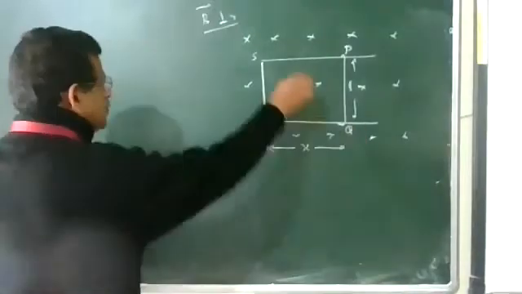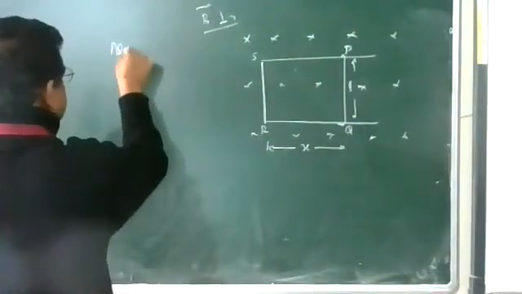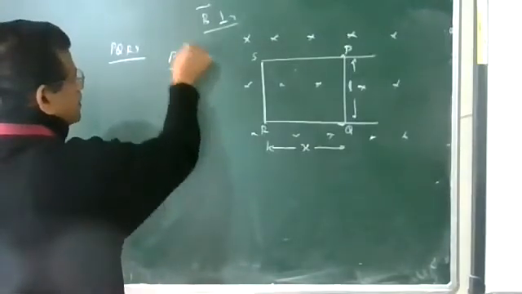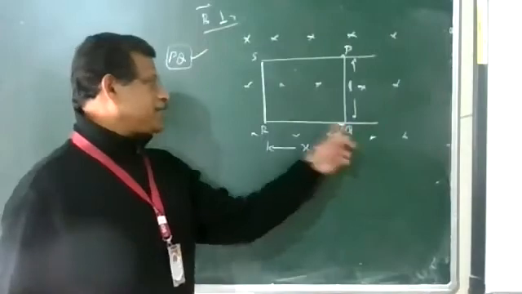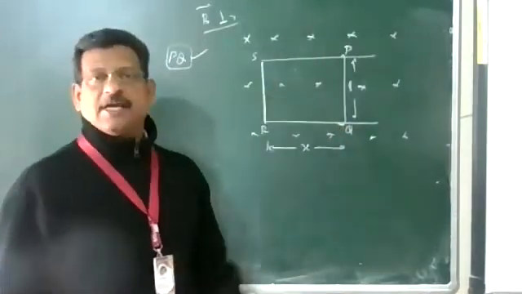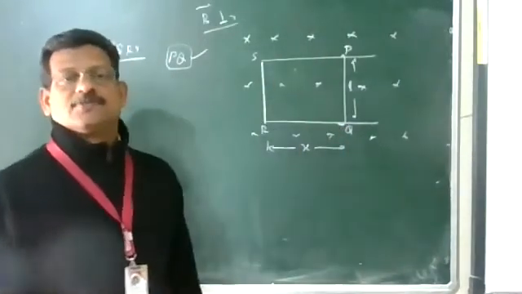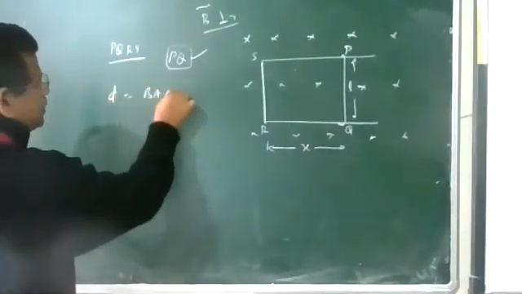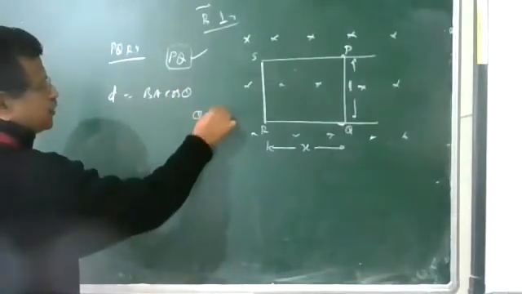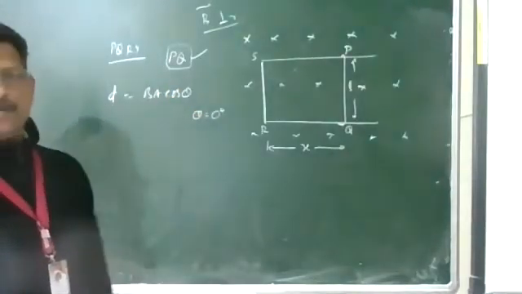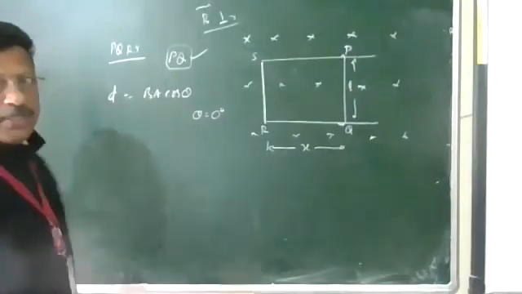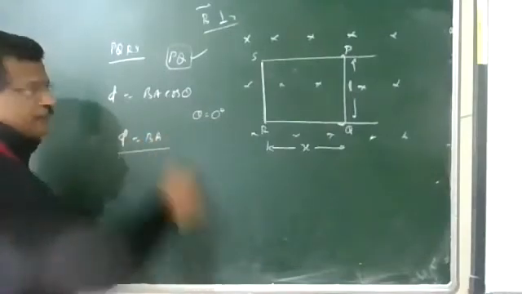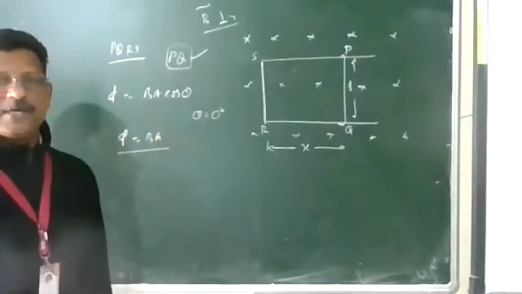So what is the flux through PQRS? The coil is formed by PQRS. PQ has got some resistance, and the other parts QR, RS, SP have negligible or zero resistance. The flux through the coil is phi is equal to BA cos theta. Theta value is 0 because the area vector and magnetic field are in the same direction. Theta is 0, so phi is equal to BA, the maximum value. This is the flux. Maximum flux is passing through this.